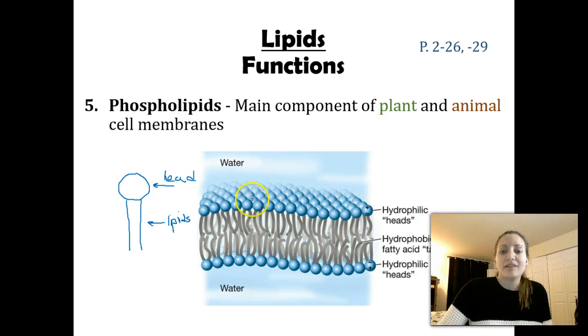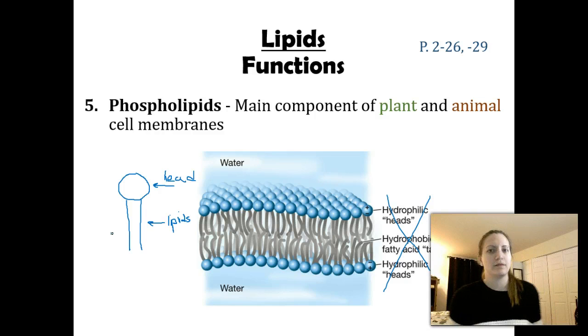You can see this layer, this cell membrane, half of it, you could even argue more than half of it, is these lipids. So these fats are crucial for us to even have cells. If we had no cell membranes, we would have no cells. Now these terms over here on the left-hand side, you can just ignore those. Just know this is a phosphate head and lipid tail. And these are a major component in cell membranes in both plants and animals.